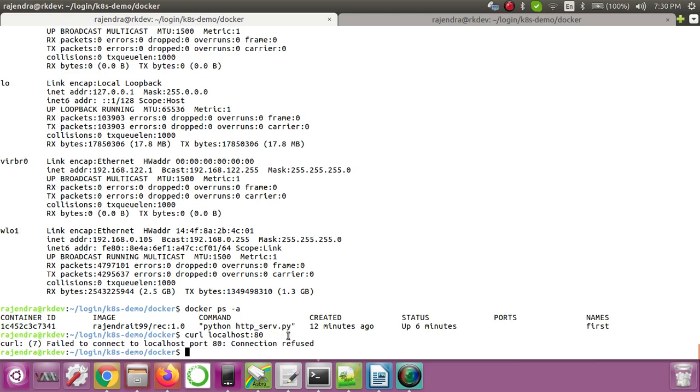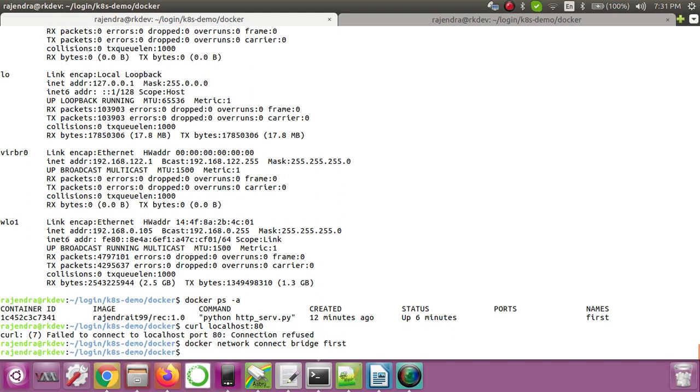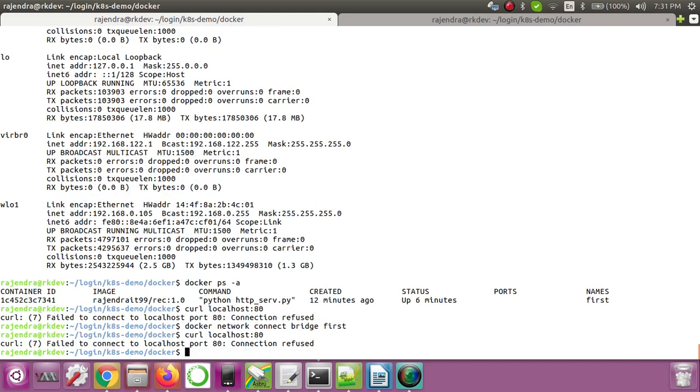But now let's say I again want to connect this bridge network to my first container, and then let's see whether our application is accessible or not. Now if I do docker network connect, what is the network? Bridge. What is the container? First. Now if I run this and try to access it,